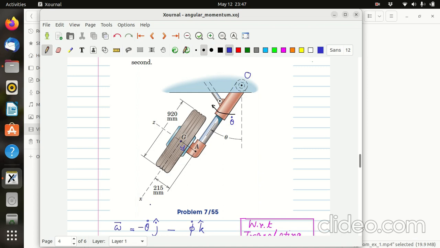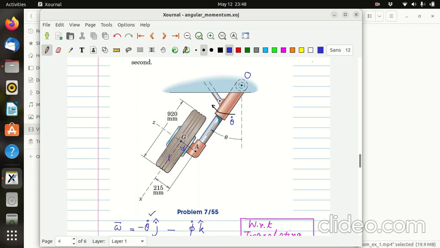Just observe that this x, y, z is fixed to this OA, and the wheel is also spinning about this z. So the angular velocity of the wheel is the speed of retraction of OA plus the angular speed of the wheel. And what is the speed of retraction? That is theta dot in the negative y direction. So minus theta dot j,